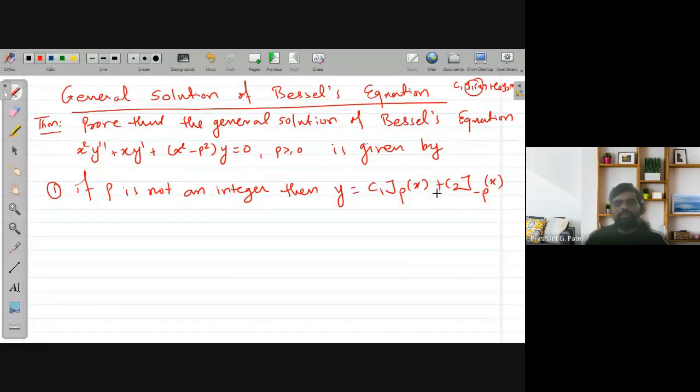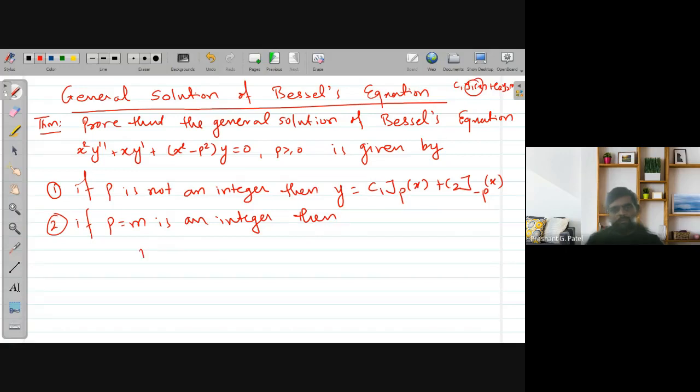Also in the previous lecture, we have proved that Jp and J minus p are linearly dependent if p is an integer, or non-negative integer. So in that case, we cannot write this as a general solution. So if p equal to m is an integer, then it will be y equal to c1 Jm of x plus c2 Ym of x,